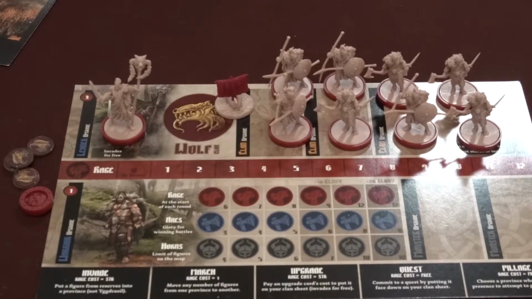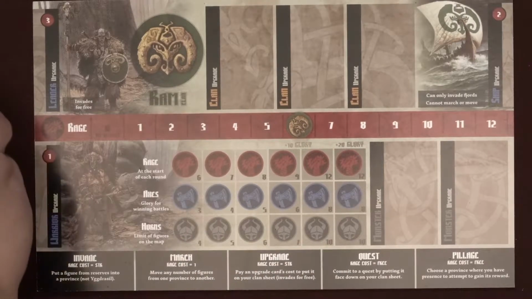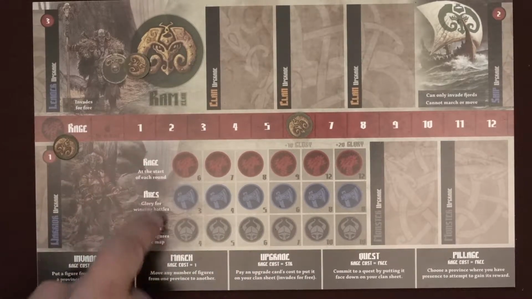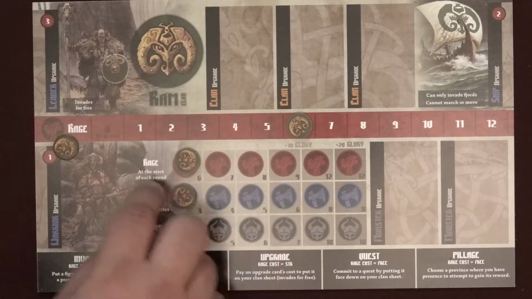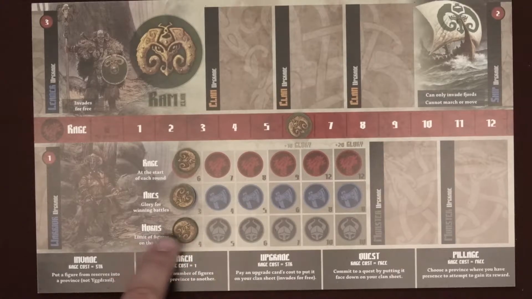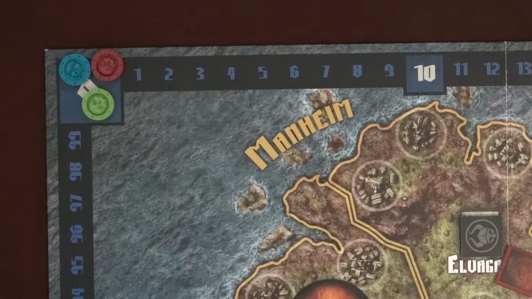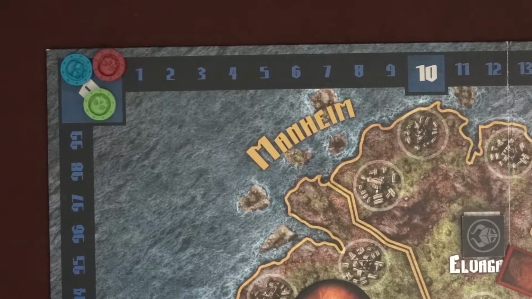Take all their miniatures, 4 clan tokens, glory marker, colored bases, and player board. Place a clan token at 6 rage on the rage track. Put the remaining 3 at the far left space of each of the stats tracks below it. There's rage, axes, and horns, which each have their own purpose. Each player should place their glory markers at 0 on the glory track, which is found on the outer edge